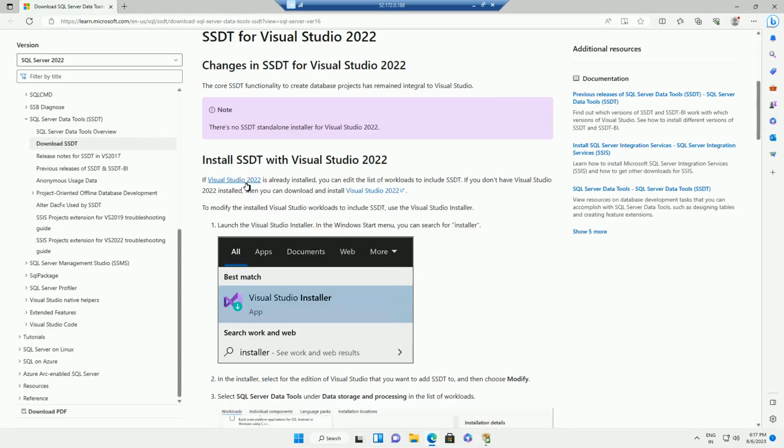If you already have Visual Studio 2022 installed, then you can skip this, or else if you don't have it, you can go and install Visual Studio 2022 on your machine. Okay, so I'm going to click on this link,